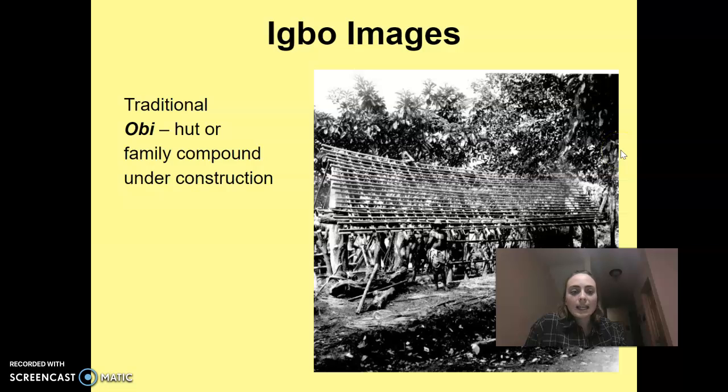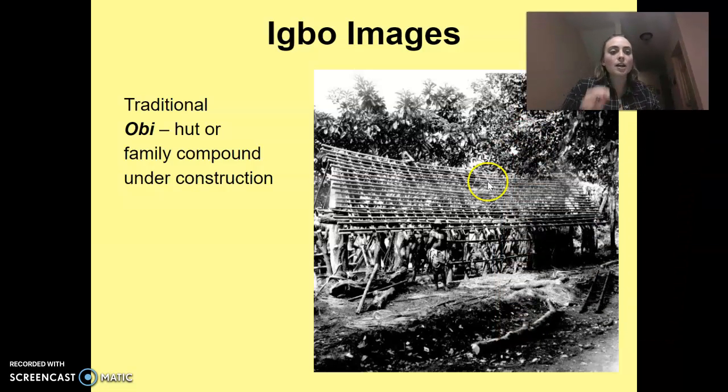And there's also going to be a lot of specific African or Nigerian Igbo words in this book. Chinua Achebe uses a lot of specific vocabulary words, and so thankfully there's a glossary at the back of your book. An important one to know is obi, which means the hut or the family compound. So as we're reading the book, make sure that you're looking to the glossary in the back because there will be words that you don't know. That's okay. We're going to learn those all together and use the tools that we have to understand our novel.